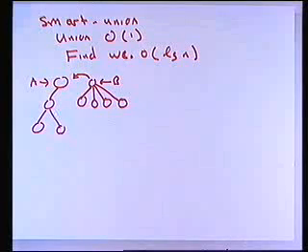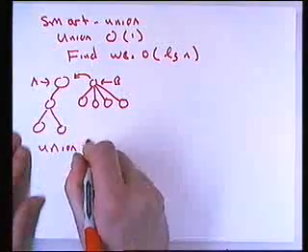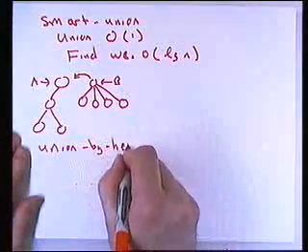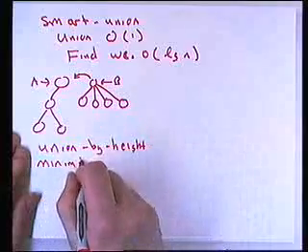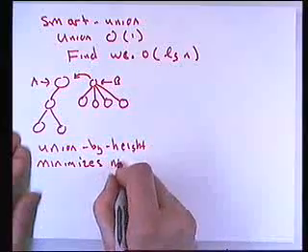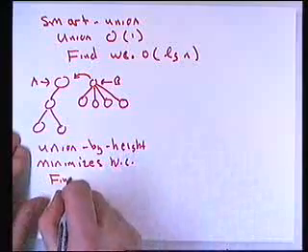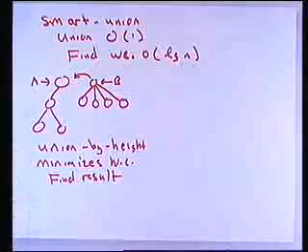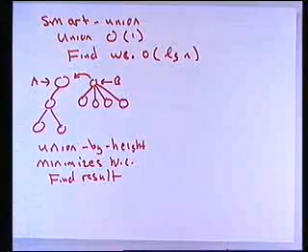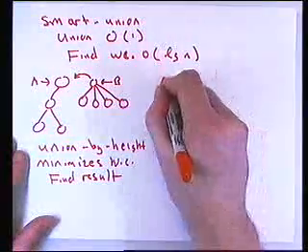And so union by height minimizes your worst case result. That is, it minimizes the worst case for find. It optimizes that. On the other hand, if we're going to do union by size on the exact same trees,